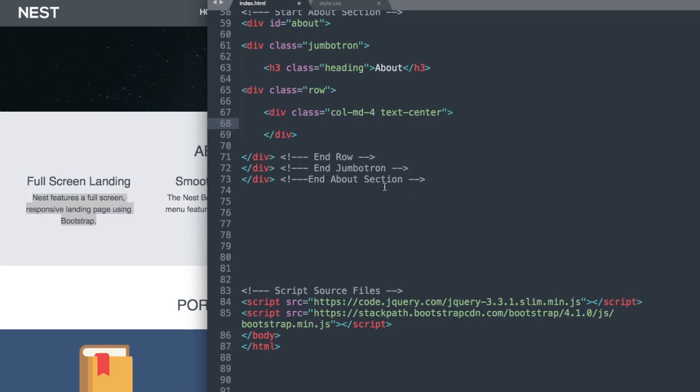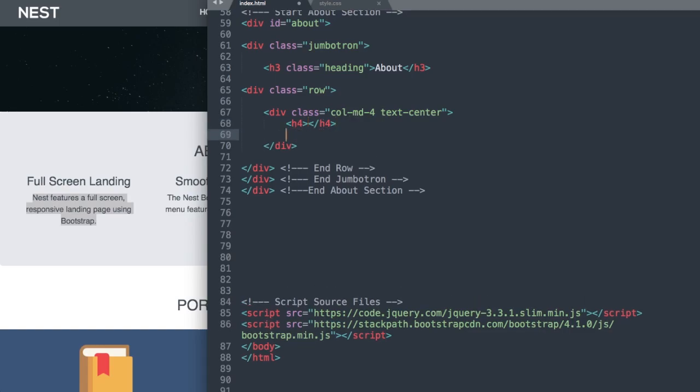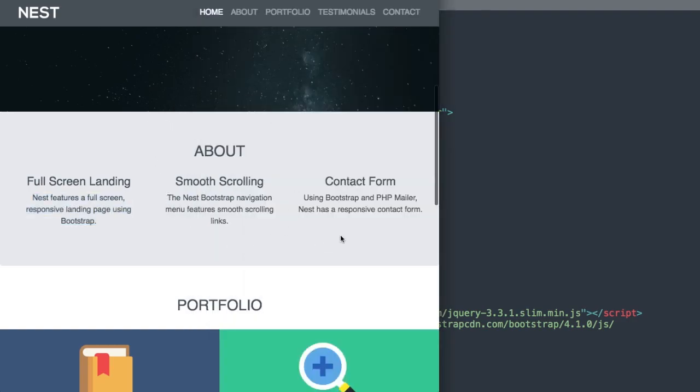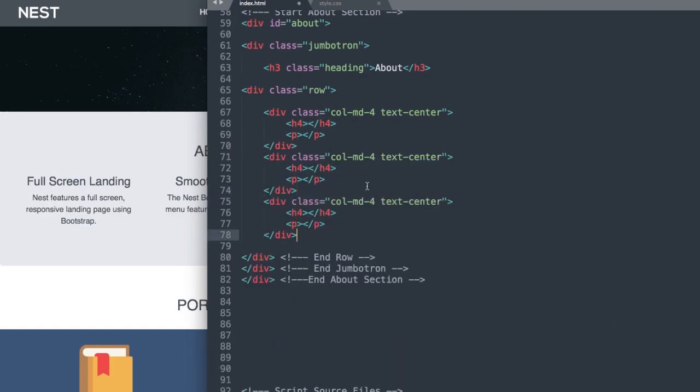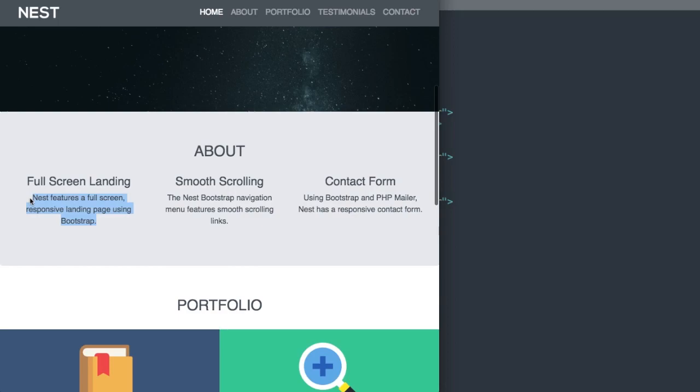And inside of each one of the columns we'll have a heading 4 and a paragraph section. So I'm just going to create a blank H4 and P tag here, and then what we can do is just copy and paste the whole div class col-md-4 and text-center class here twice. So we'll paste that in twice, and then all we need to do is add the heading 4 and the paragraph text. So we'll start off with the full screen landing text here,